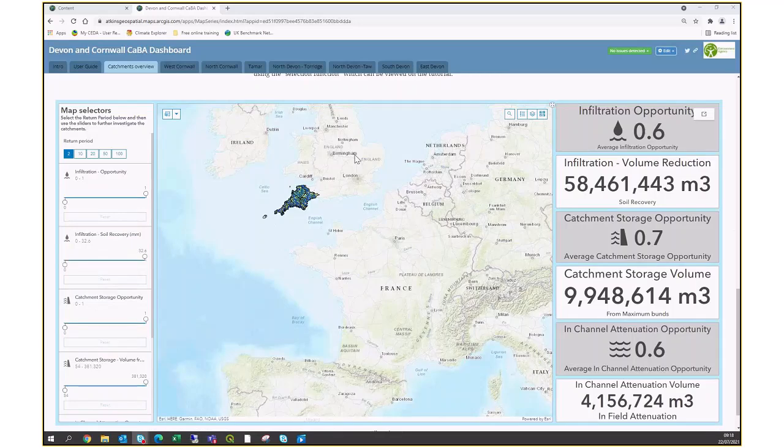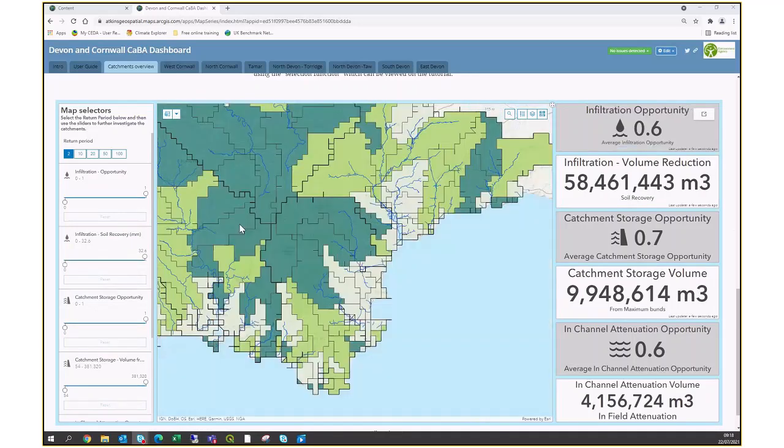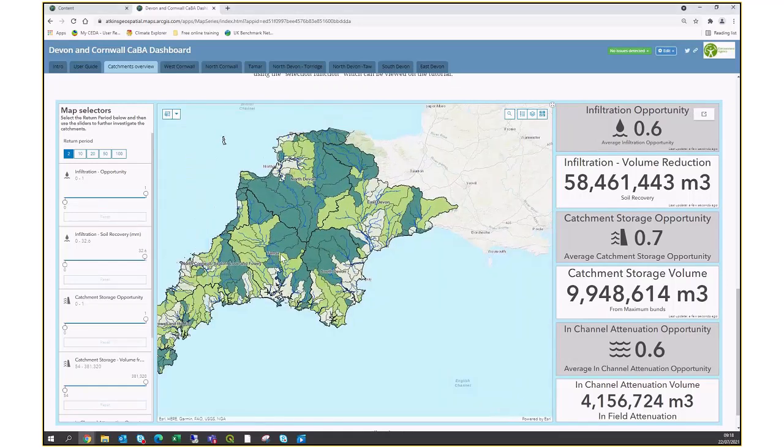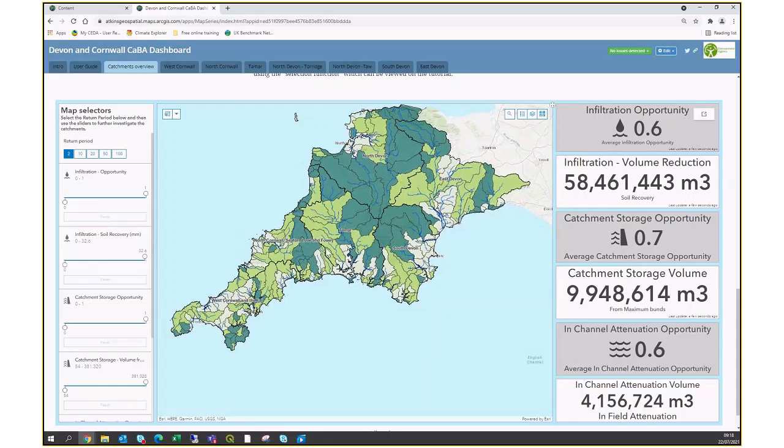So as you can see, there's data over Devon and Cornwall area. The individual catchments are selected in black, and the management catchments are also bolded out and named as well here. On the right hand side here are indicators showing summary statistics for the data that is currently shown on the